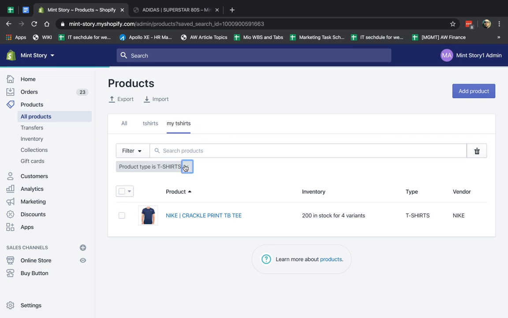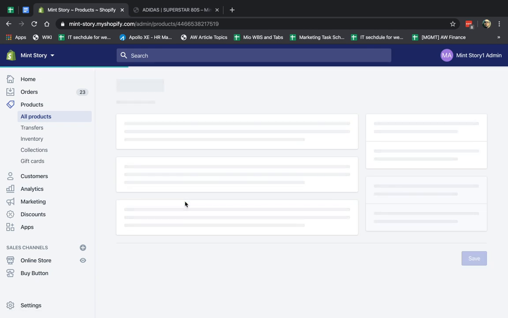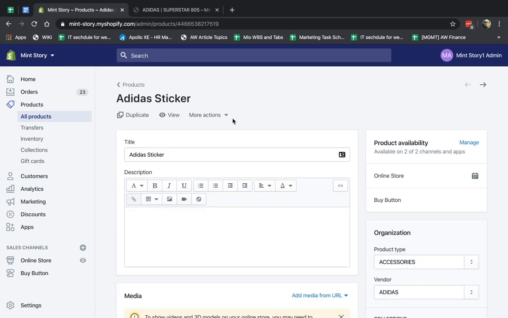So let's go ahead and edit a product. Adding and editing is basically the same, but I want to show you through a real example. So I'm going to click here on edit. What can you do inside a product? We're going to go one by one. First of all, you see the product name, the title, which is exactly this. You can duplicate it very quickly.